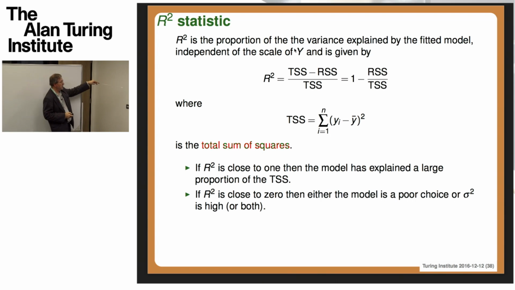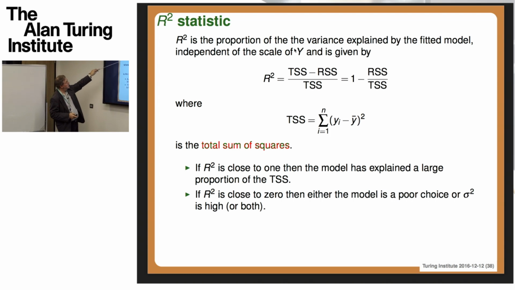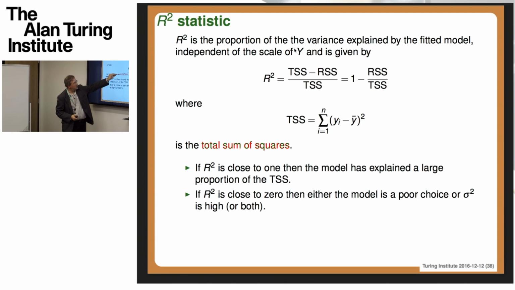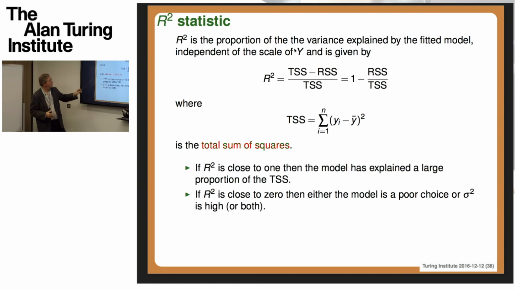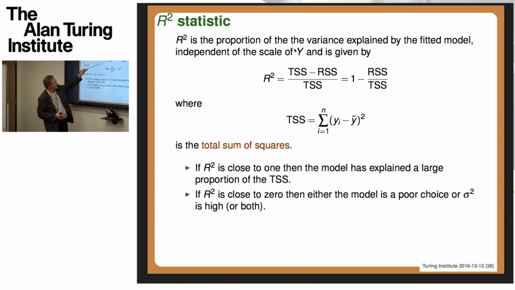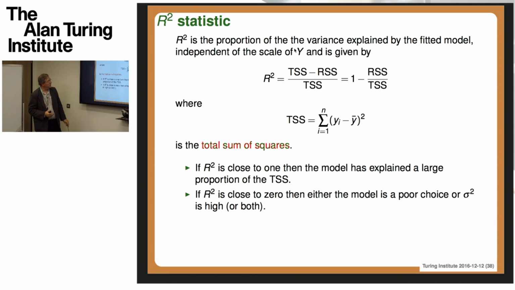I think we'll just wrap up here by looking at this R-squared measure. The R-squared measure gives us an overall goodness of fit measure. We take the total sum of squares of the variability in the response variables, that's yi minus y bar, the average y, square those and add that up over the observations 1 to n. That's the total variability in the response variables. We've also got the residual sum of squares, that's to say the yi's minus their predicted values. So this ratio is describing the amount of explained variation under the model.